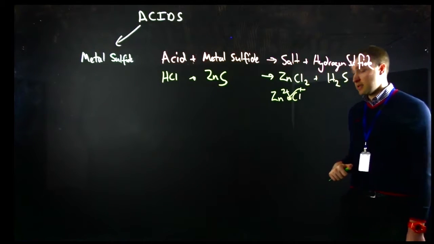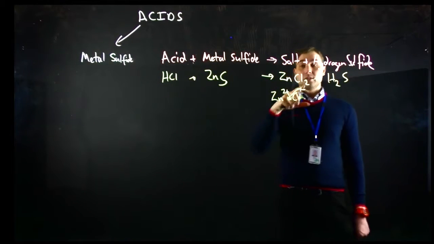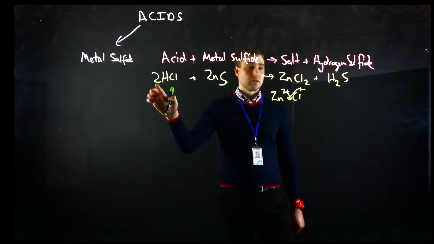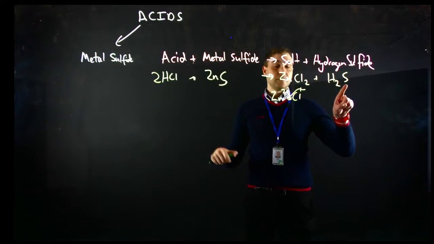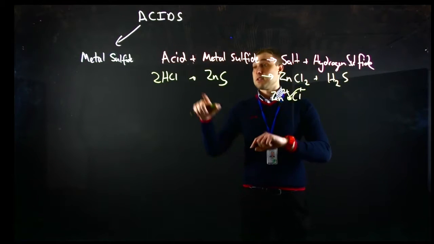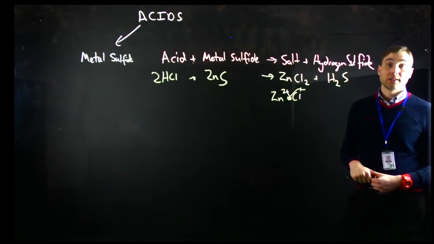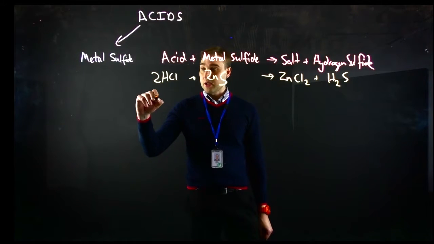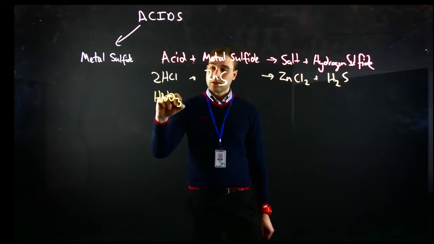So now let's check balancing. Got 1 chlorine, 2 chlorines, so I need to double that one. So 2 hydrogens, 1 sulfur, 1 zinc, 2 chlorine, 2 chlorine. So now that's balanced. So in our next example, we're going to react nitric acid